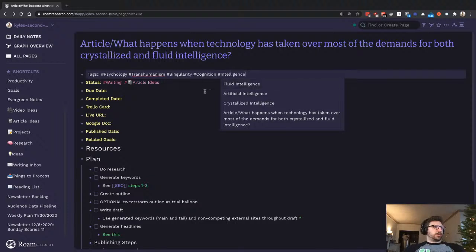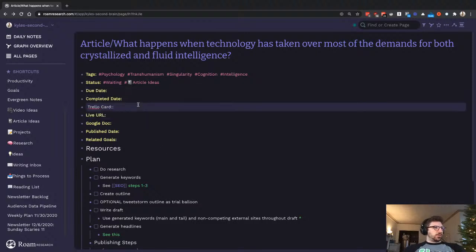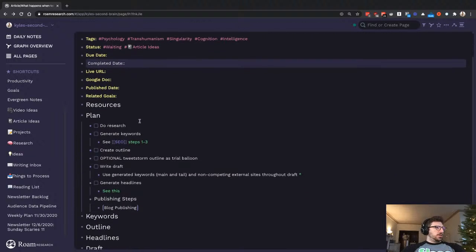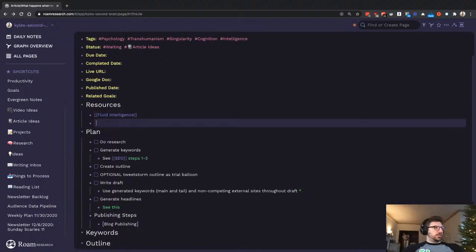I'll have fluid and crystallized intelligence down under resources probably. Not going to worry about due date, completed date, or Trello card. I'm not using Trello anymore really for doing my articles or any managing of that. I keep that all in Roam. Resources, I'm going to just throw in fluid intelligence,